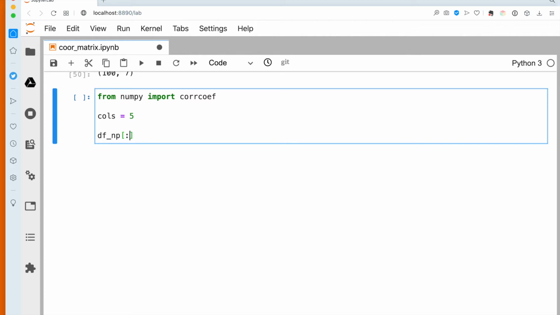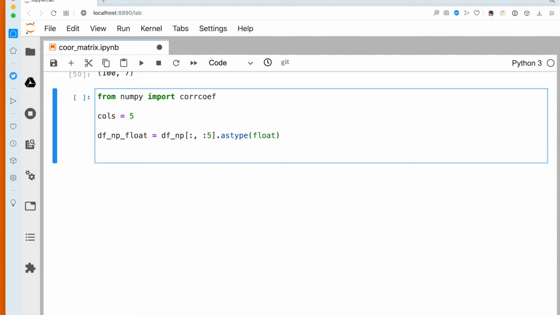So we want, of course, all rows, but let's take columns only up to 5, so the first 5 columns, and convert them to floating point by saying astype and providing the argument float. So that will give us something that is a Numpy array, but of course only floating point because of that conversion. And then once we have it, then we can use the function corrcoef and apply it to that